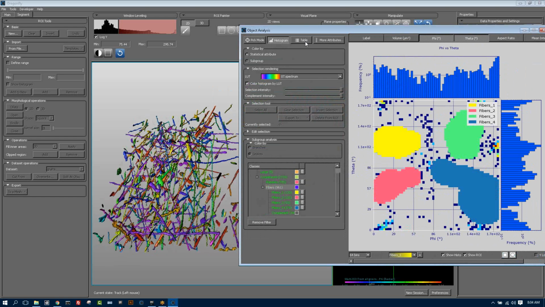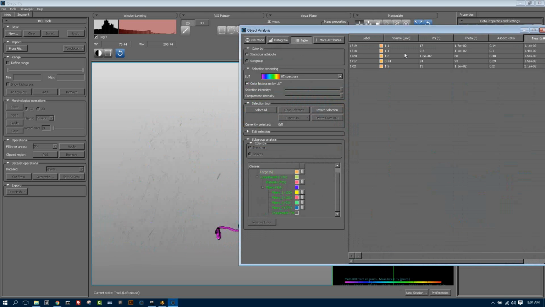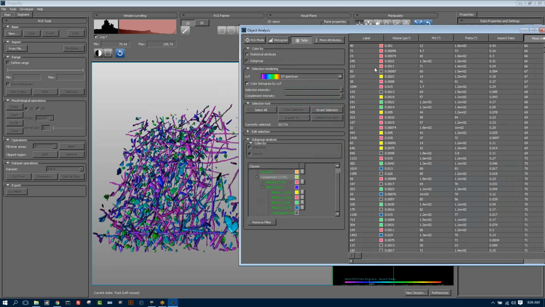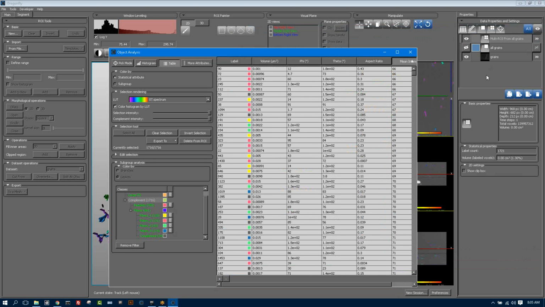Anything on the table, you can select either a small group. So here I'm just looking at the group of 5 fibers, or here I'm looking at all the small fibers. I can always take what's visible on the table and do a select all, and now I can export it to a spreadsheet if I want, or I could create a new region of interest inside my workspace in case